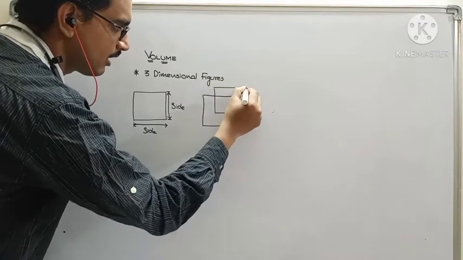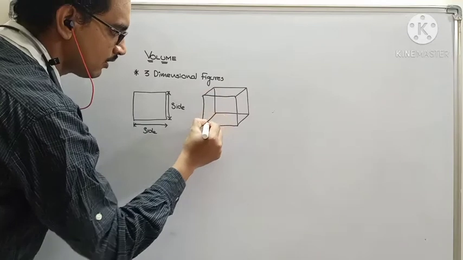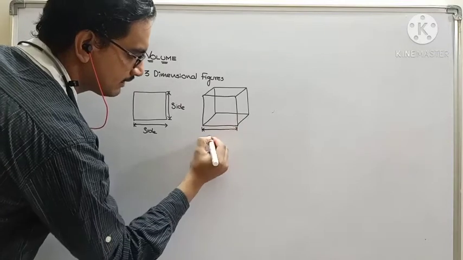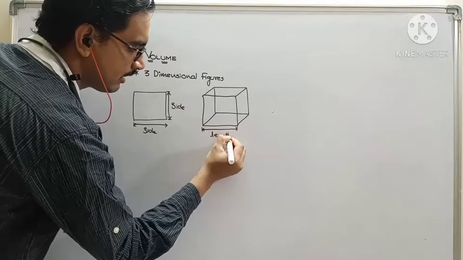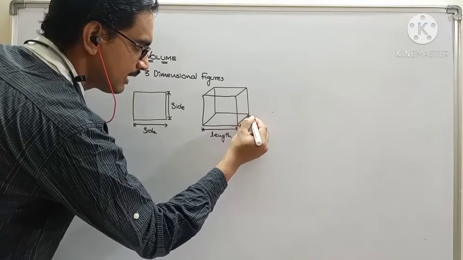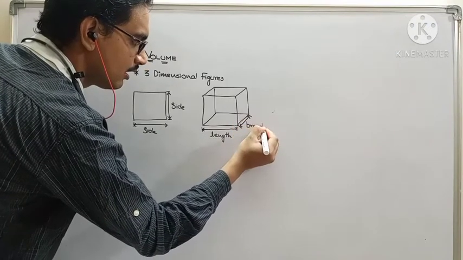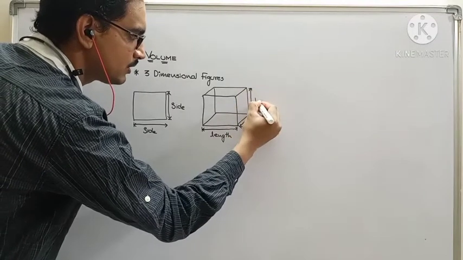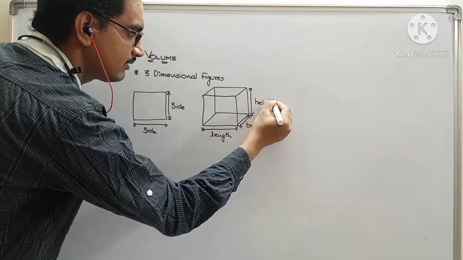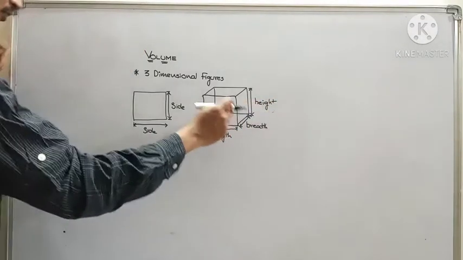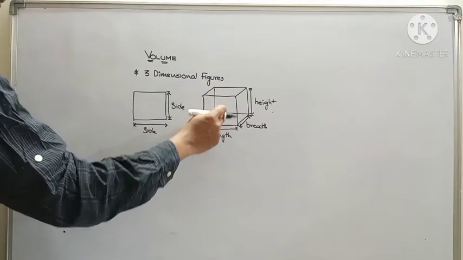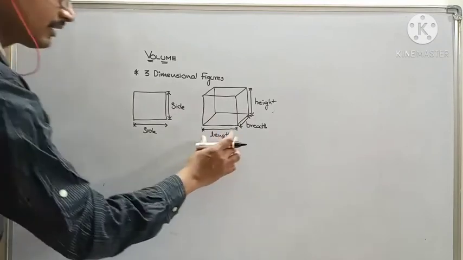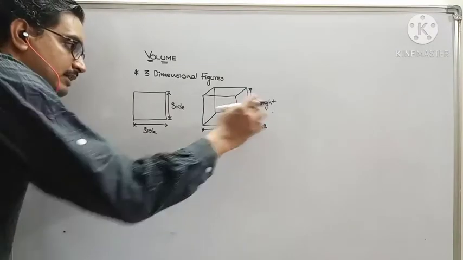that is height. Okay, so as usual this is going to be length, okay, and this is going to be breadth, okay, and here it will be height. So this is applicable to three-dimensional figures where the three dimensions are length, breadth and height. Of course, being a cube, all the length, height and breadth of this figure are going to be the same, but just for your better understanding, I dealt with them separately as length, breadth and height.